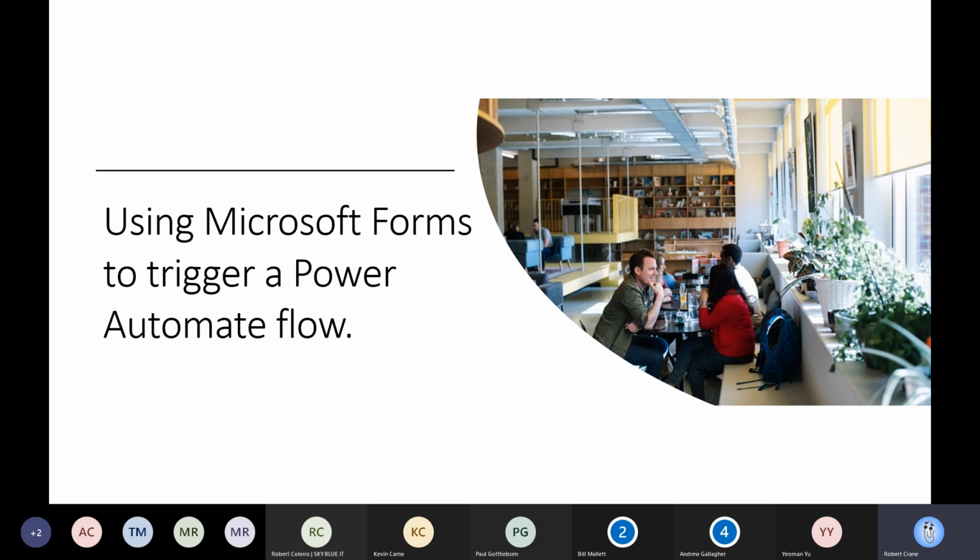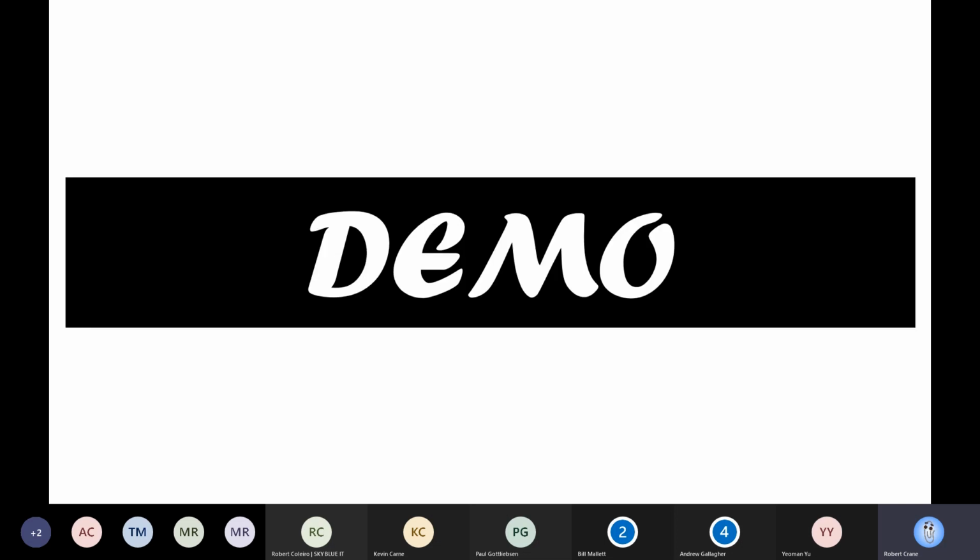This forms the initial part of a project that we put together, available in some documentation that we provide for you. Again, there is a cost to do that, but this is the beginning, and we hope to perhaps run through all of these stages to give you that capability. Today we're just going to focus on the very simple aspect of connecting a Microsoft Form to Power Automate, and we want to do that in a demo situation.